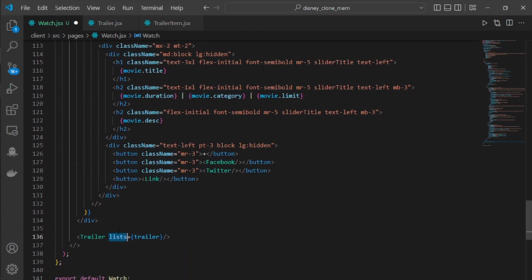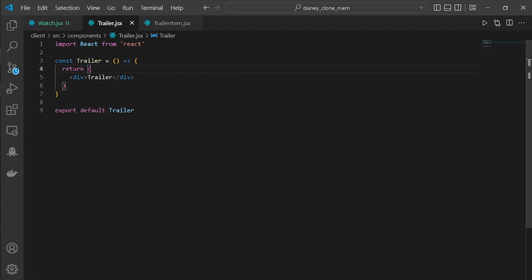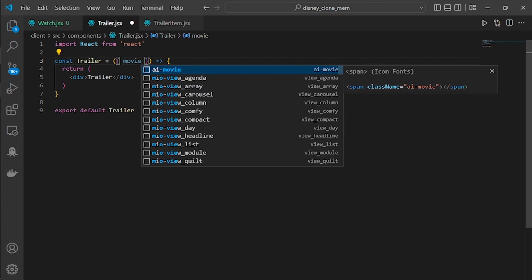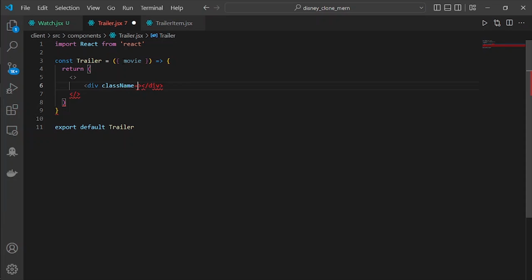For the movie, this was not going to be a list, it's going to be movie equal to movie. Save. And now let's go to the trailer.jsx, and here we are going to get the movie that the watch page.jsx already passed to this file. And then after we get the data, we are going to replace this with a React fragment, and then make a new div here with a class name equal to